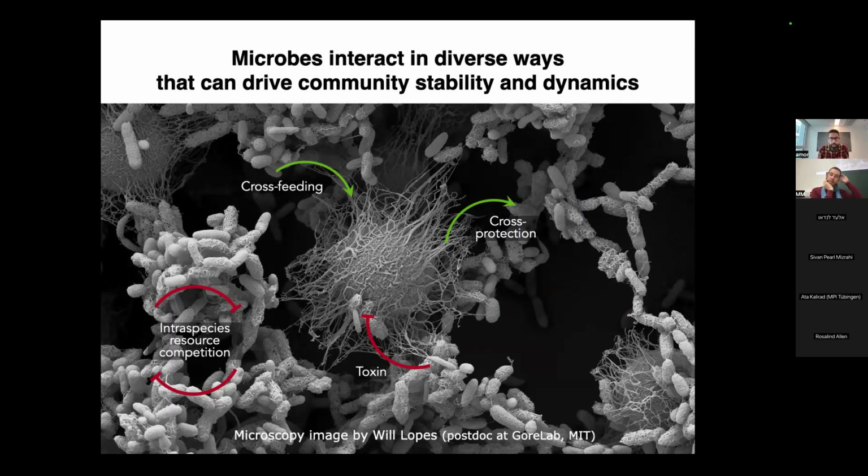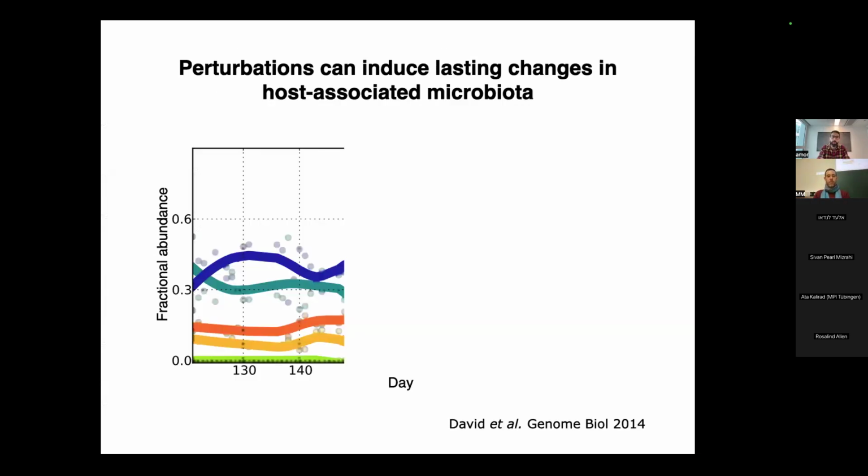Microbes can be much more aggressive, secreting toxins to kill their competitors, and of course, they are all living together in an environment with limiting resources, so they can also be competing for those resources. And all of these interactions influence not only the stability and dynamics of the microbial communities, but also of the ecosystem where they live. And just to show one example of how they might influence these dynamics,